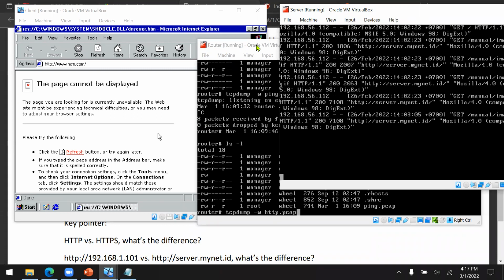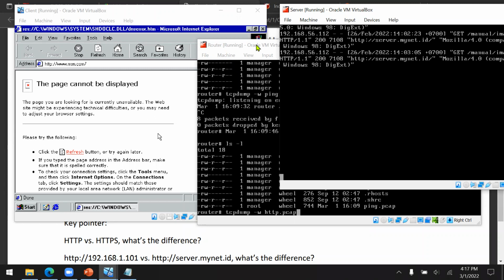Now, so the command is tail space -f space /var/log/httpd-access.log. It's the access log of the web server.